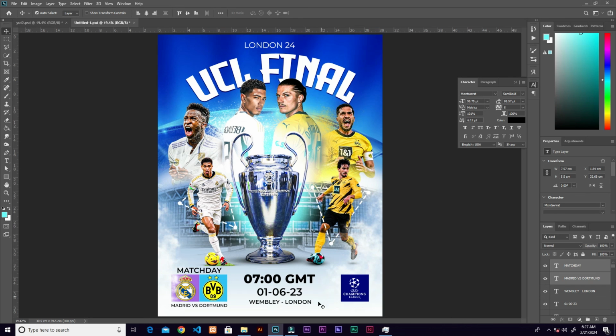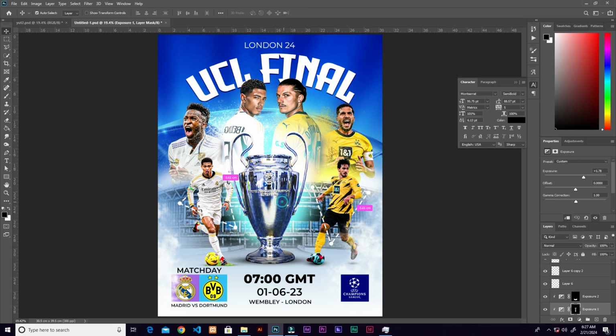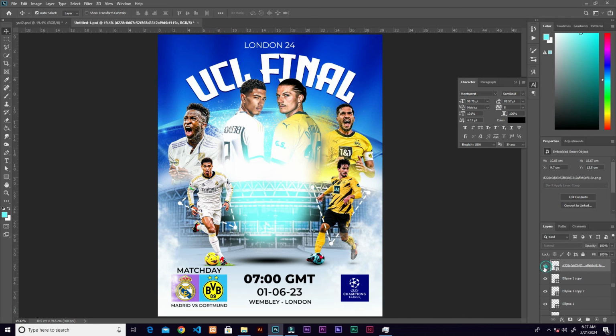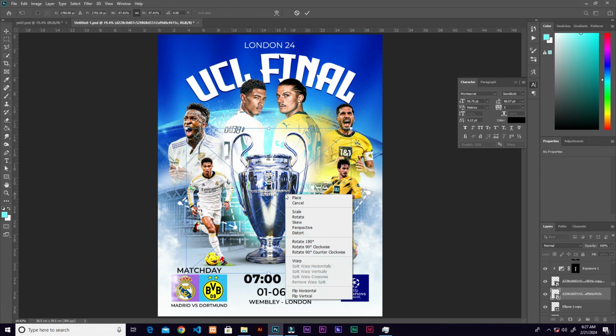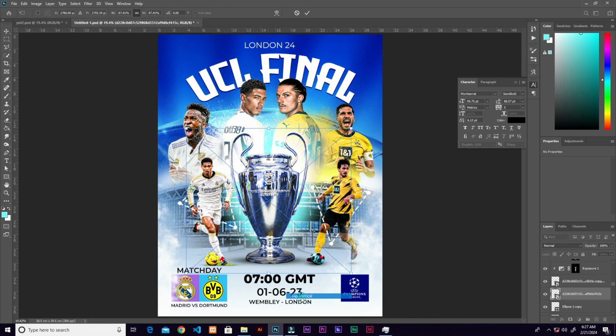So the last thing that we are going to do is very interesting. We are going to reflect the trophy. So click on the trophy, and when you click on that, the adjustment layers will be selected. So you just have to make sure you select the layer of the trophy itself, hit Ctrl J to duplicate, then select the one below the duplicate, hit Ctrl T, right click, flip vertical, and then drag it to the bottom of the original. All right, now go ahead and click